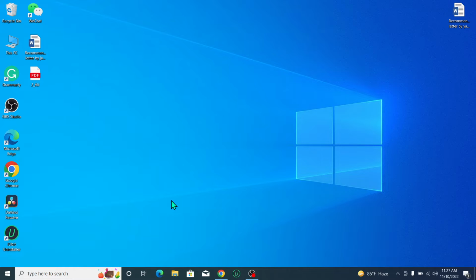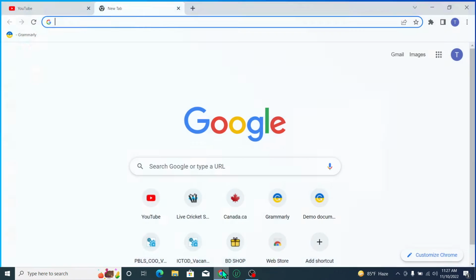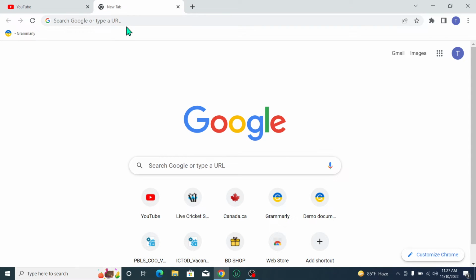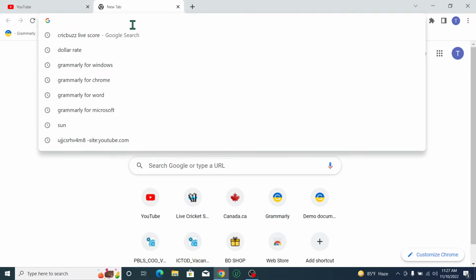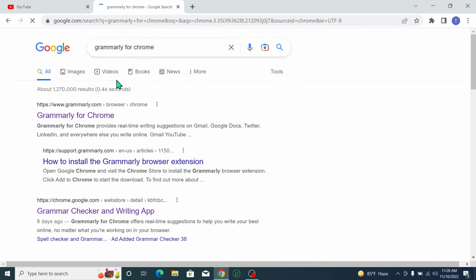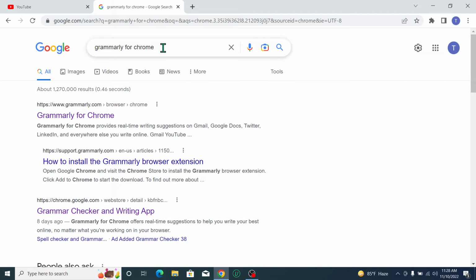So first of all, I open my Chrome browser, go to the search bar, and type Grammarly for Chrome. Here you can see I already searched it before, so I open it, and there you can see I searched Grammarly for Chrome, and you can get a link, Grammarly for Chrome. So open this first link,